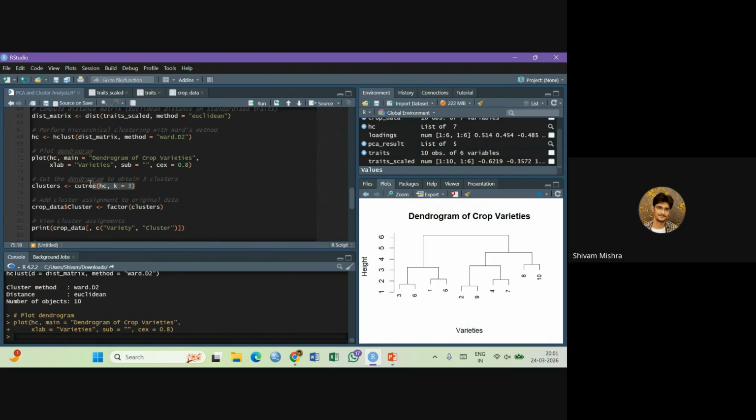Cut the dendrogram to obtain clusters. Suppose we want to use three clusters. So I'm creating a variable clusters and using the cutree function, where I use the clustering variable HC and k is equal to 3, because I want to obtain three clusters. If I'm running this,